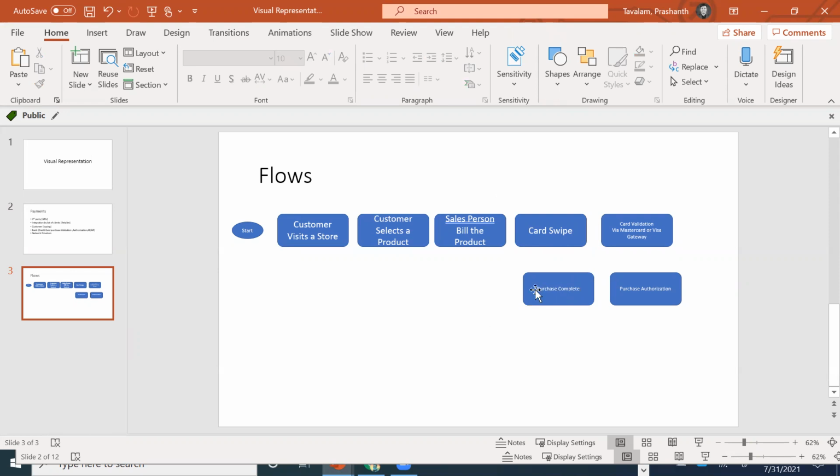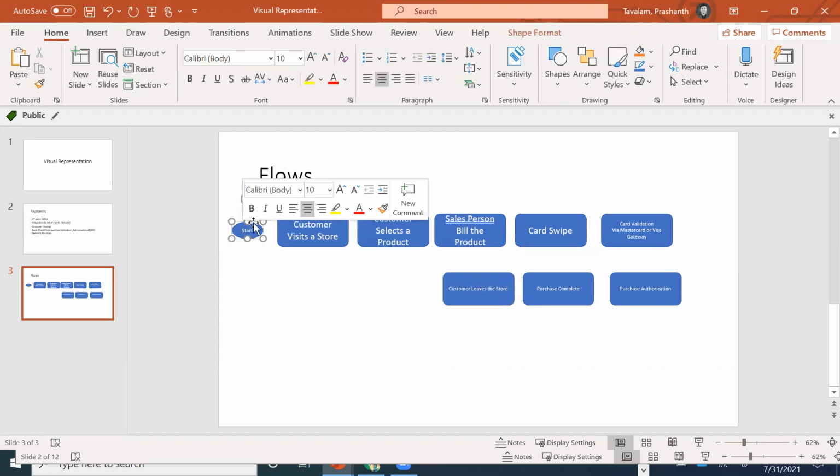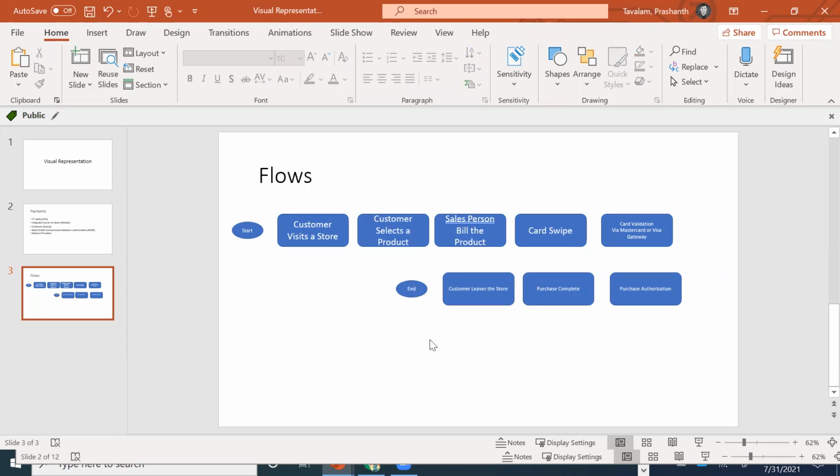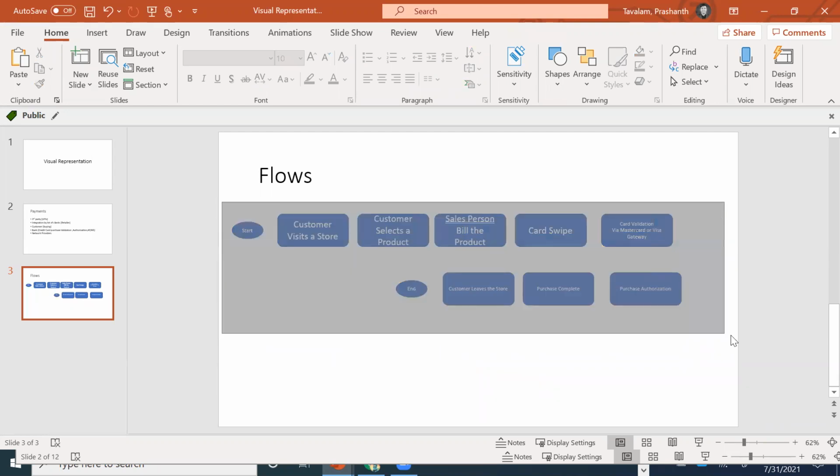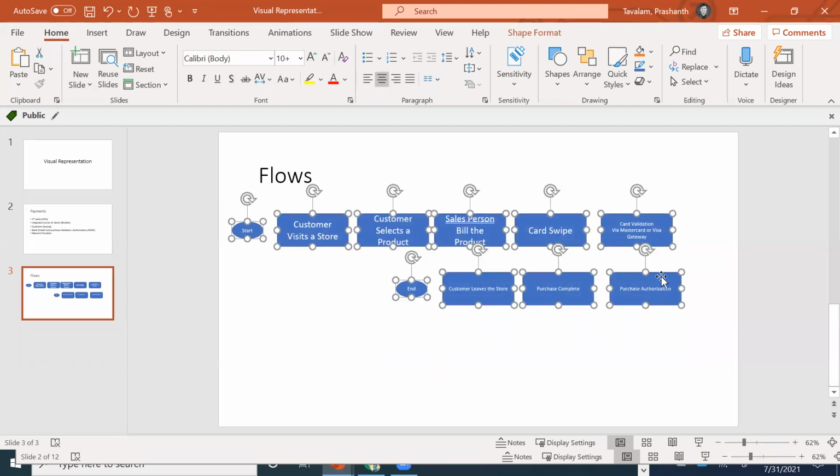Okay, so let's go with this. So now you can say, hey Prashant, we can do this on Visio also. Yes, correct. We can do this on Visio. That's one way to do. Now you folks don't have Visio, for example. How do you do it? Also, when you're doing PowerPoint presentations, this will also be useful, what I'm going to show you now. Are you clear so far?